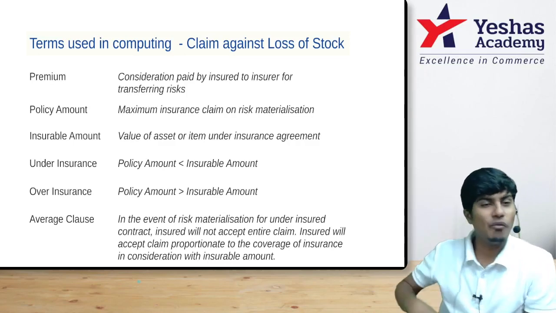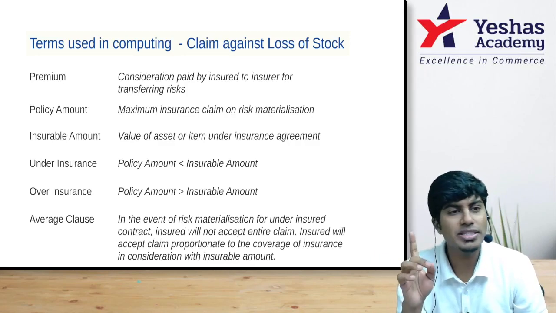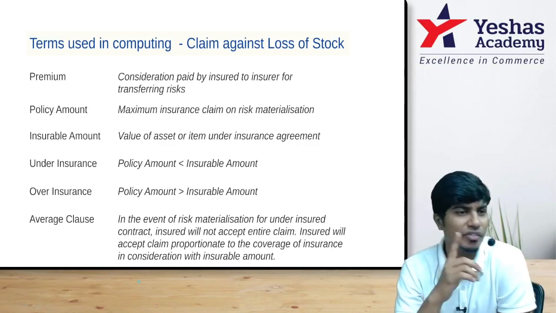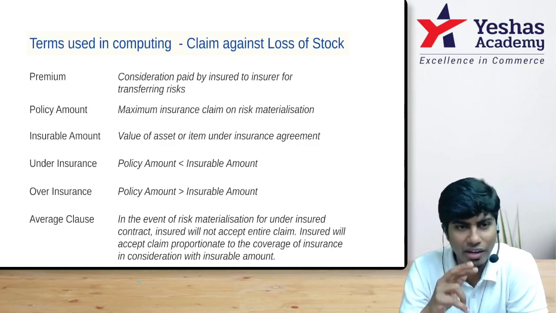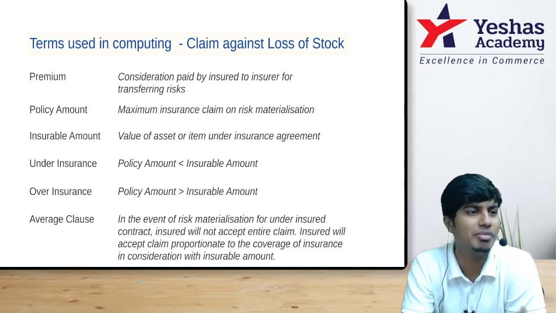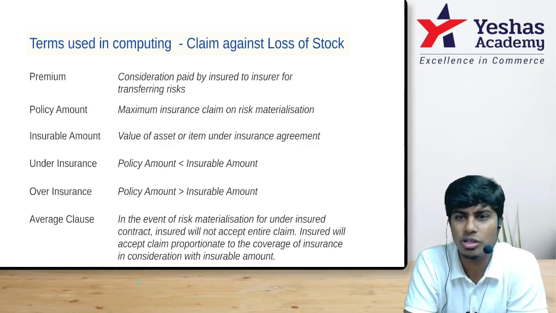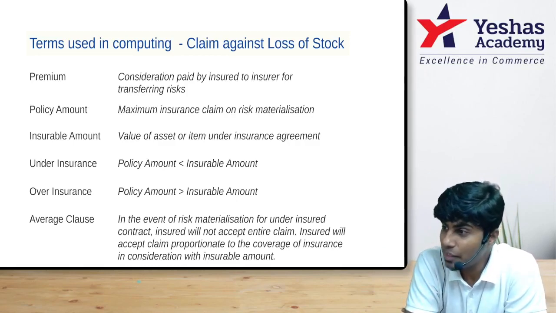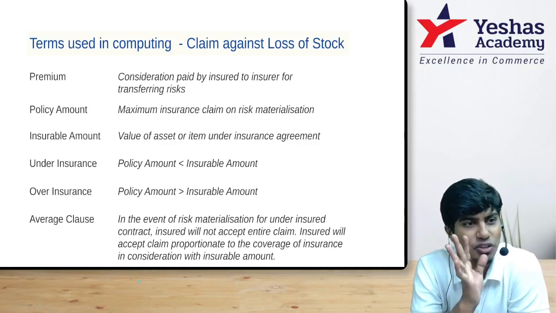What is it like? You have 1,20,000 worth of stock. You have taken insurance for 1 lakh. How much is 1 lakh divided by 1,20,000? You should have taken a policy for 1,20,000, no? But you have taken only 1 lakh. It's like a 120 marks test, and you got 100 marks. Out of 120, 100 means how much percentage? 83.33. You've taken insurance for 83.33% of the stock.